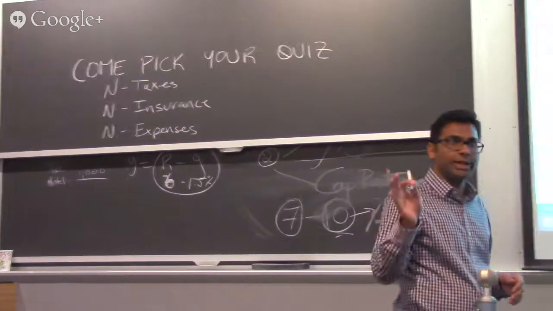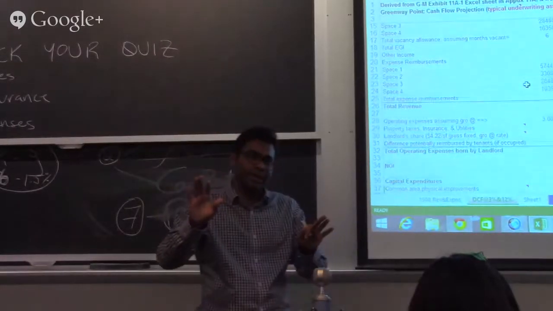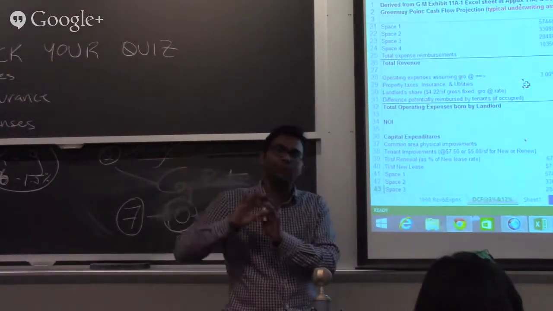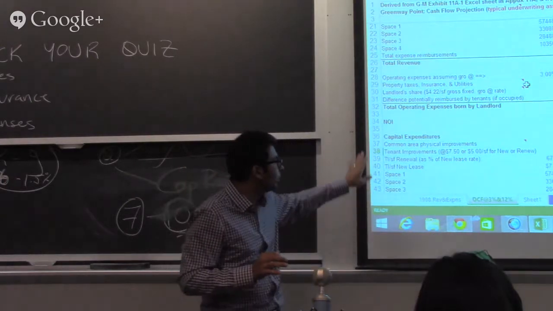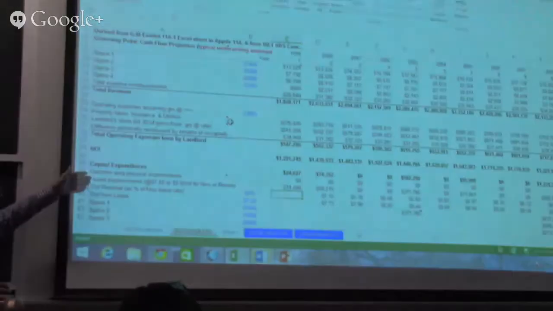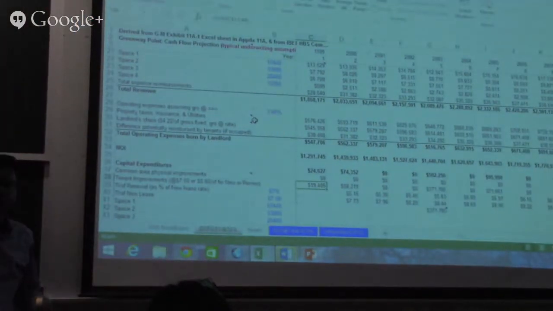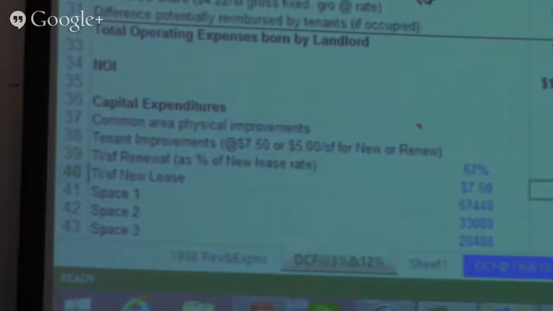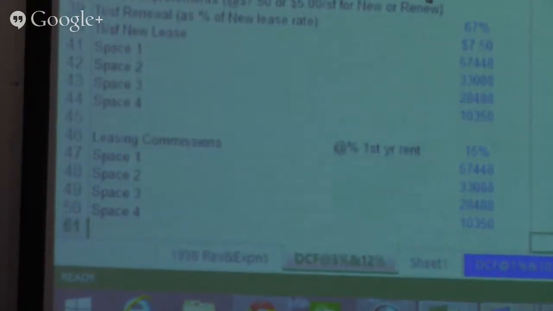And fourth portion is the debt service. Don't think about debt service right now. We're going to go into much detail in module 3. Right now, just think about it as CapEx, which includes your common area physical improvements, PIs, and leasing commissions. So the important thing after you do the NOI and your